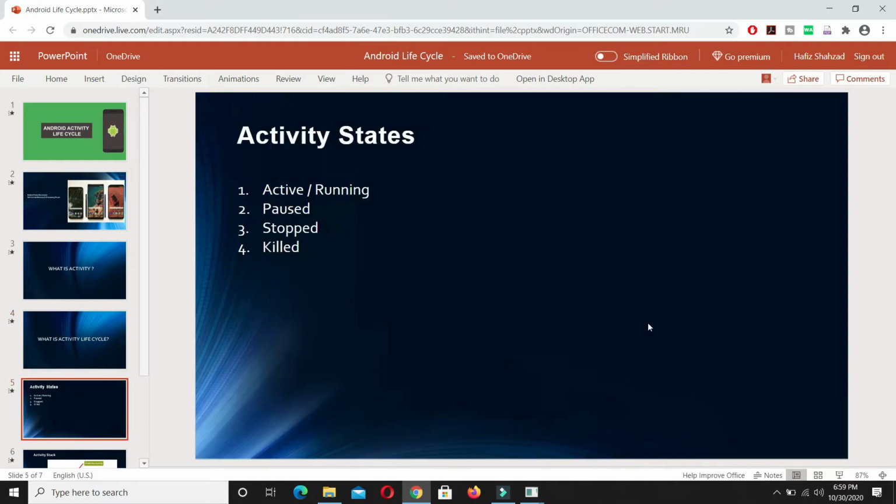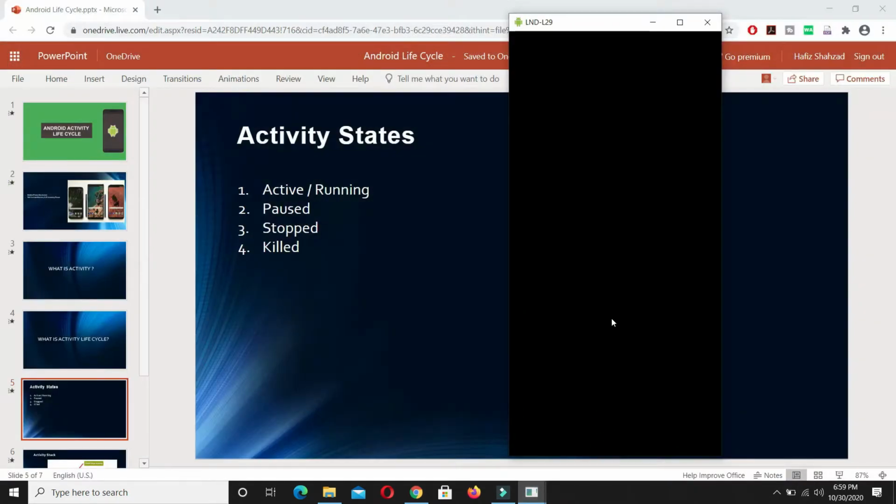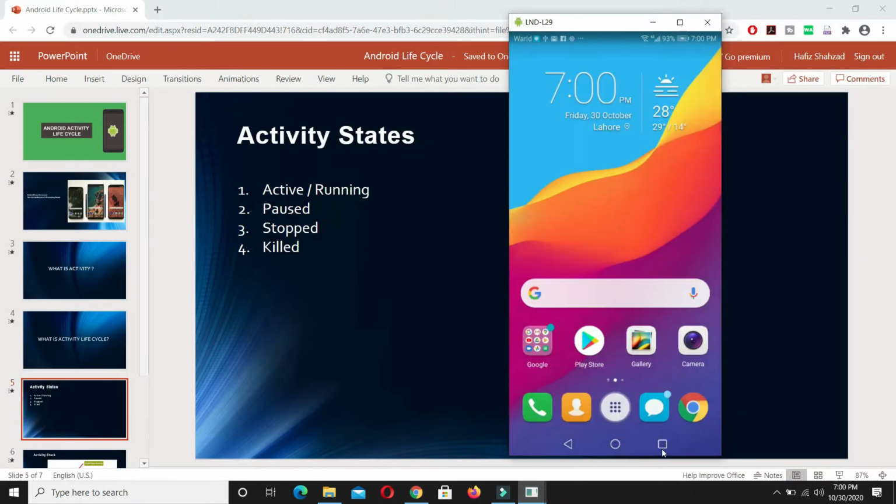Your activity can be found in one of the following states. It can be active and running, it can be in the paused state, it can be in the stopped state, or it can be in the killed state. Let me practically describe the idea. For this I have to kill the application.